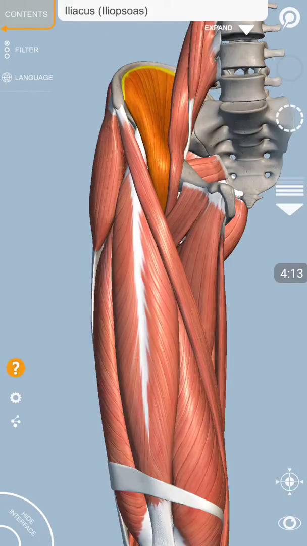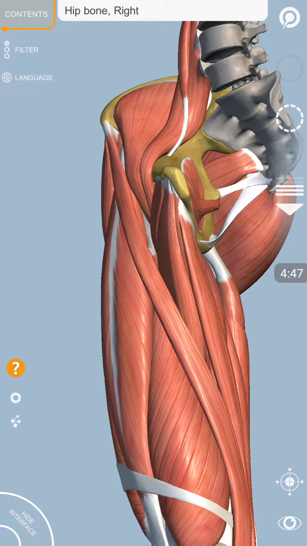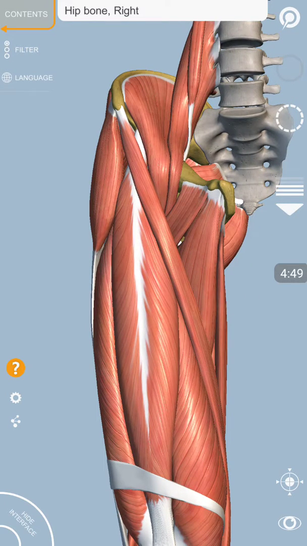Here you can see the psoas and iliacus muscle. So the psoas muscle and iliacus muscle form a conjoined tendon which is called iliopsoas. So laterally the floor is formed by the iliopsoas and medially by the pectineus, and the lateral border is formed by the medial border of the sartorius, and the medial border is formed by the medial border of the adductor longus muscle. Base is formed by the inguinal ligament, whereas the apex is formed where